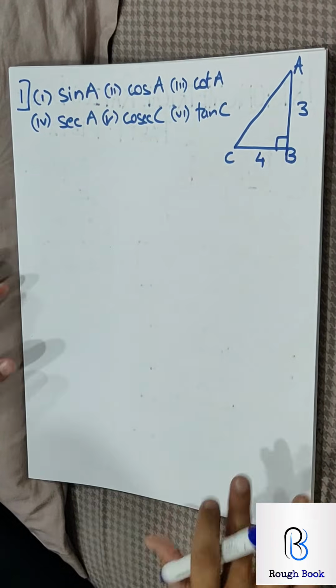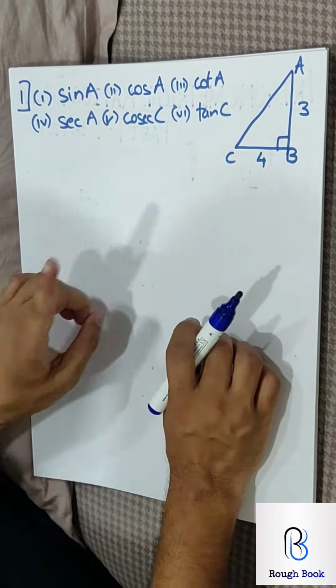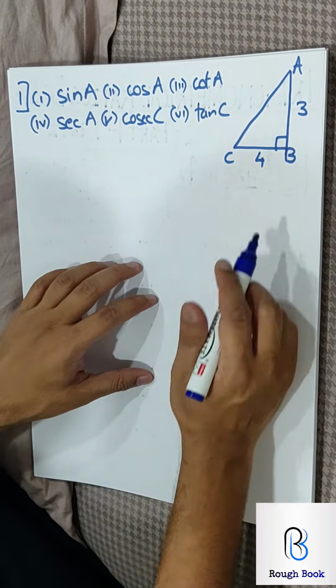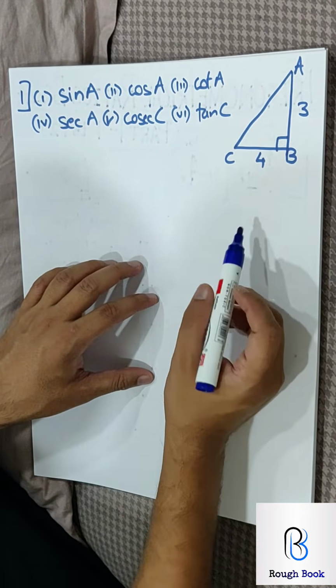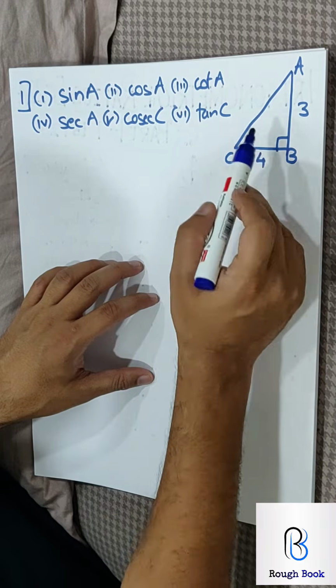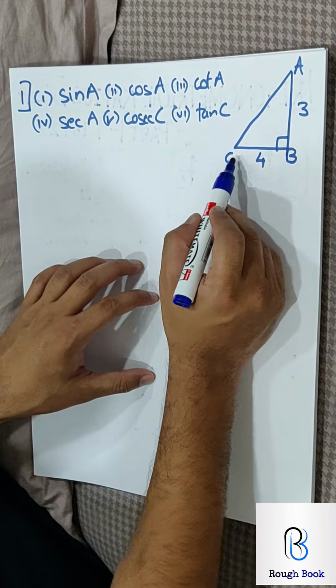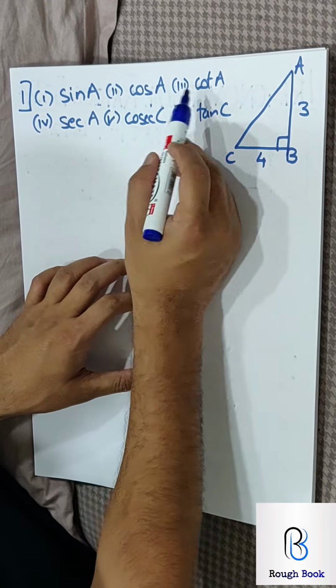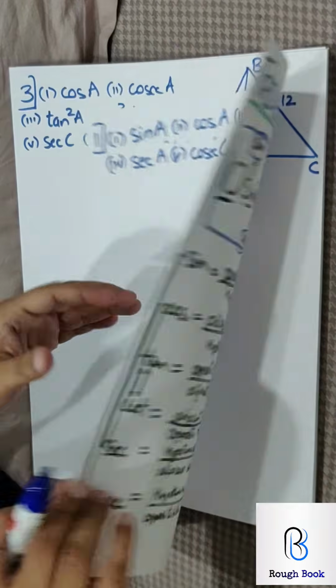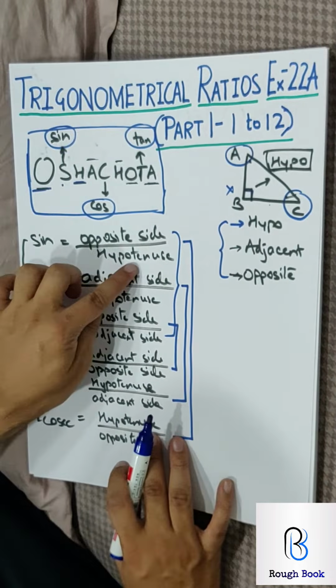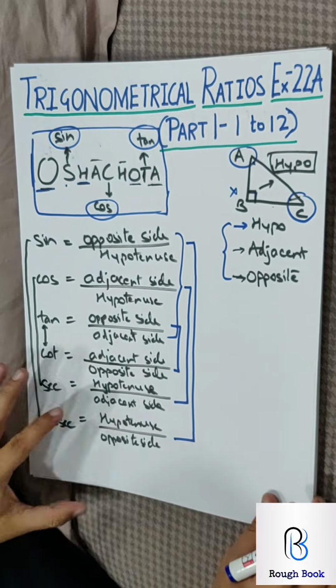So I want everyone to go ahead with sum number 1. It's very simple. First thumb rule you have to follow while solving the sums is you should know the values of all sides. If any side is missing, apply Pythagoras and get it. So first get AC. Then look at each term. So sin A. So go to your sin A. Whatever the value for sin A, take it up and find your answer.